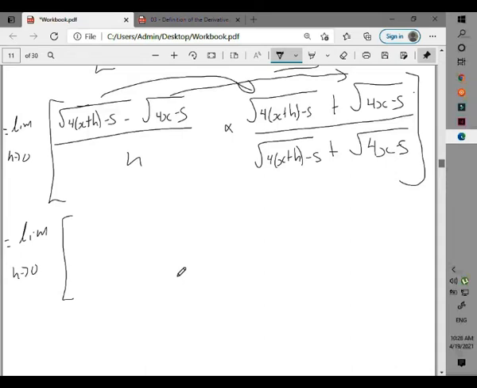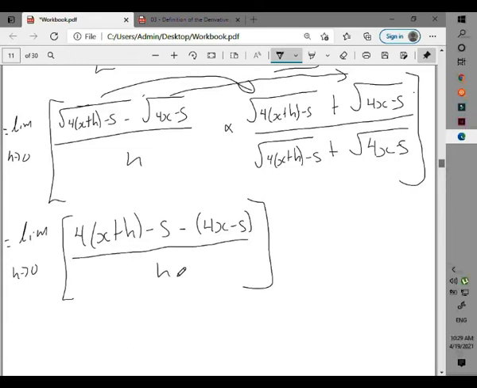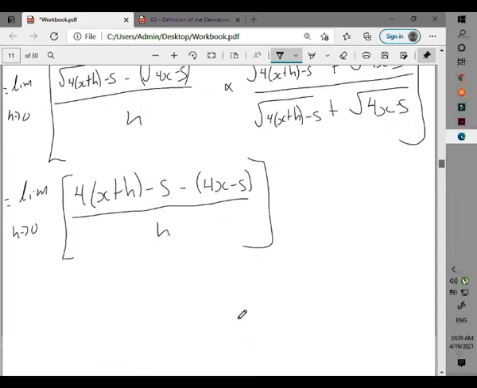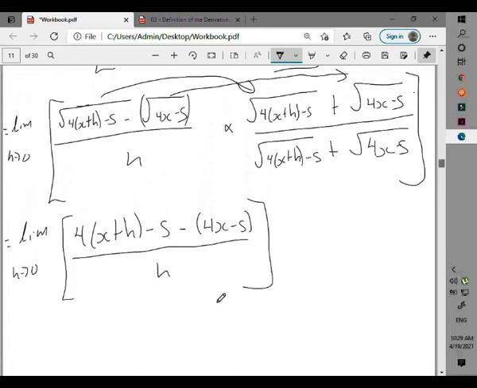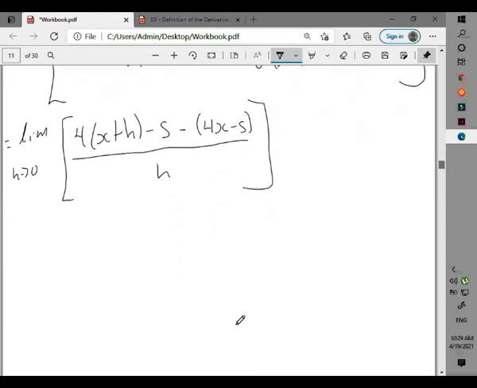So, let's go. 4 open bracket x plus h minus 5 minus open bracket 4x minus 5. You see why these brackets are so important? Put it back here just for the sake of it. I should really emphasize this. These brackets save you a lot of problems when it comes to this particular area. But with practice, you remember that you always have to be canceling that component there. So you'll know what to do in time.